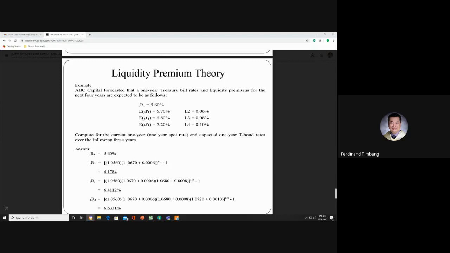Pero tama naman kasi yon, expected kasi, no? Expected. But actually, you can show this, let's say the year is 2019. Ibig sabihin lang noon, ito yung 2020, ito yung 2021, ito yung 2022. So this is the expected rate for 2020, 2021, 2022, if this is the actual rate for 2019. Ganun lang yung ibig sabihin niyan.